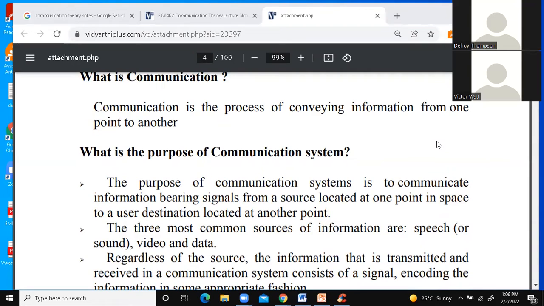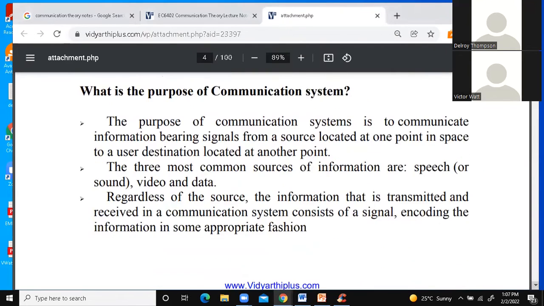Three most common sources of information are speech or sound, video, and data. So regardless of the source, the information that is transmitted and received in a communication system consists of a signal encoding the information in some appropriate fashion. So in layman's terms,